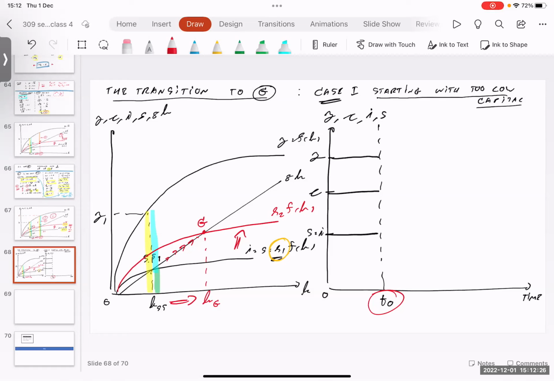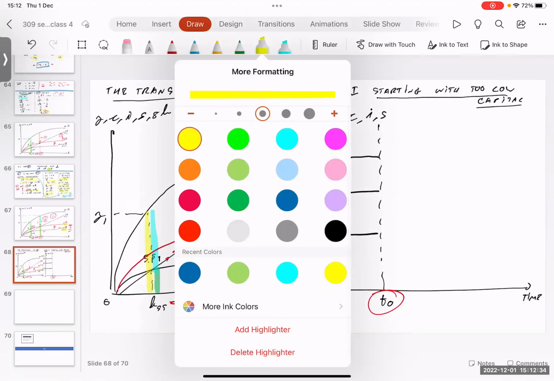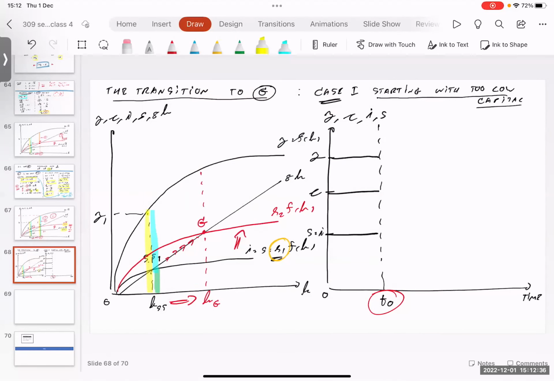Starting with Y, the variable Y, I'm going to use the yellow color. When you accumulate more capital, Y, output per worker, keeps increasing to the right. You see that? It's a curve. The yellow highlight keeps increasing to the right. You accumulate more capital, output per worker will keep increasing up to the right. So write it down